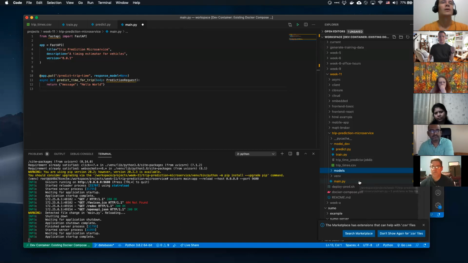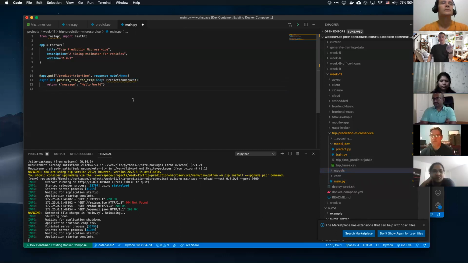We're using the same word model to define our types, right? And specifically our prediction request, which is going to be a JSON body. Specifically, it's going to have humidity, temperature, and it's going to have hour, right?